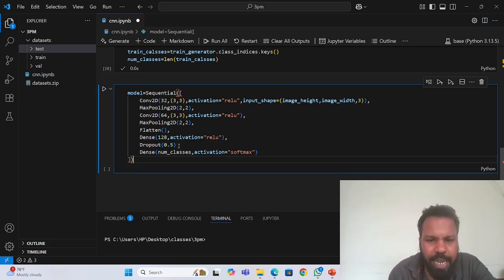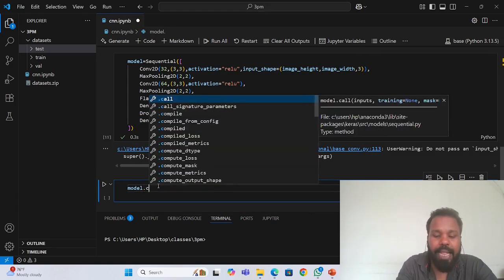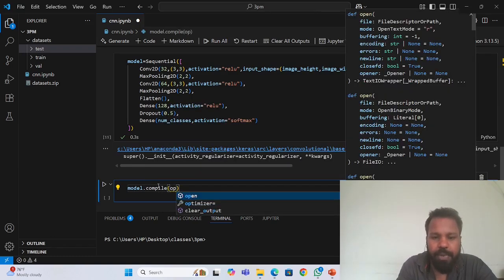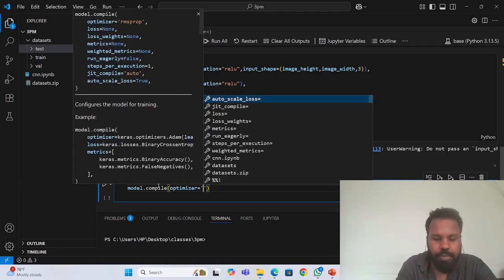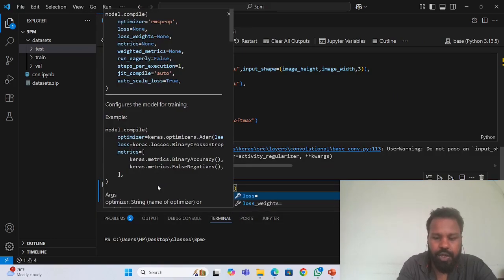In the Sequential, I'm getting a small error. Okay, I forgot a comma here, I think. That's good. If you click on Shift Enter, yeah, that's good. And now what we have to do is compile the model: model.compile of optimizer equals to Adam, and then loss equals to,